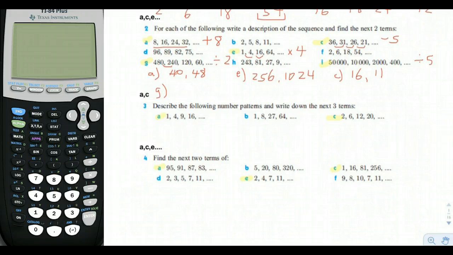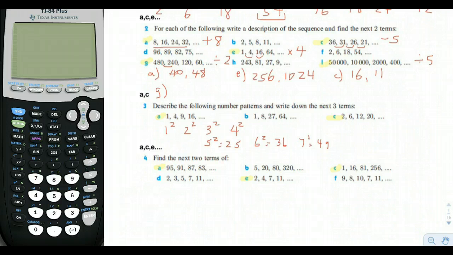Next one, describe the following number patterns and write down the next 3 terms. Okay, now these are a little bit trickier because 1, 4, 9, 16, that's not multiplying or dividing by a set number. If you look at it, there's something common between these numbers. They're all squares. And if you think about it, these are squaring the ordinal numbers. So like 1, 2, 3, 4, 5, it's squaring each of those, okay? So the next 3 terms would be 5 squared, which is 25, 6 squared, which is 36, and 7 squared, which is 49. Okay, and then